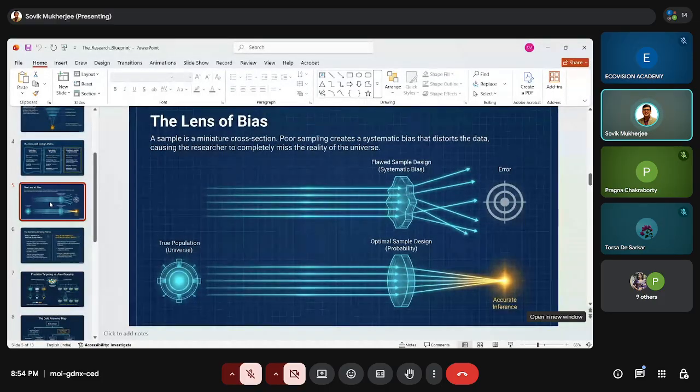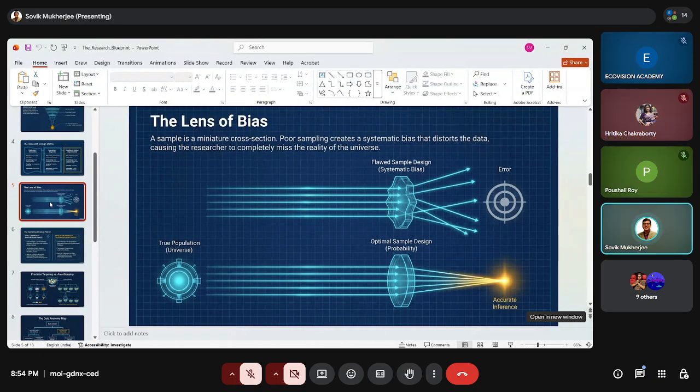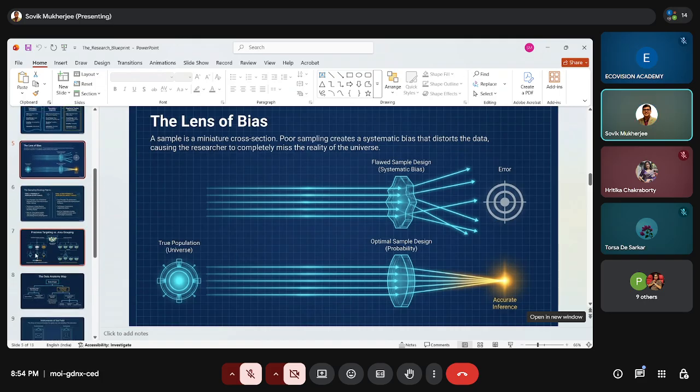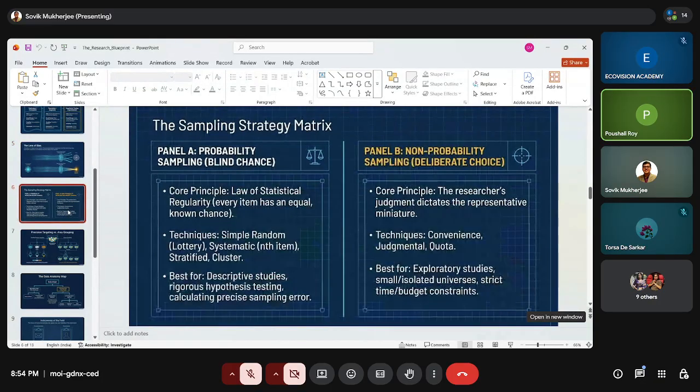Now when we look back at samples, are you aware of the concept of a sample and a population? Yes, sir. Very good. So what are the types of sampling methods you have heard of? Four types. What are they? Simple random sampling, cluster sampling, systematic sampling, stratified sampling. So these are by nature what? Probabilistic or non-probabilistic? Probabilistic. Very good. And what is non-probabilistic sampling?